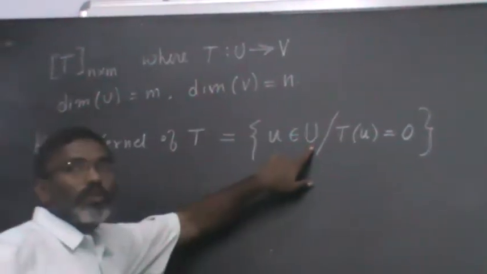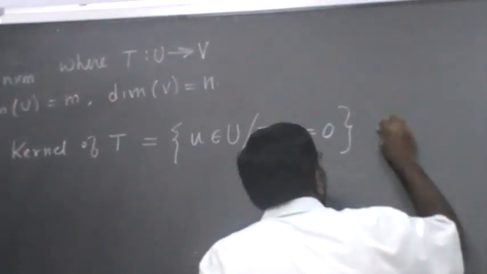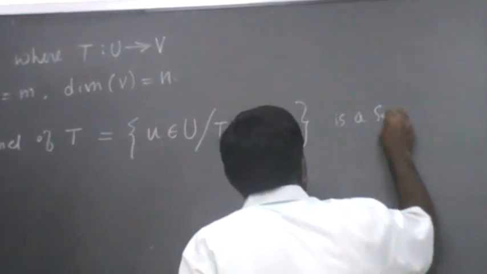and also this kernel of T is a subspace of which vector space? It is a subspace of which vector space? U or V? Kernel, because I am taking elements in U, so it has to be a subspace of U. Correct? So this is a subspace